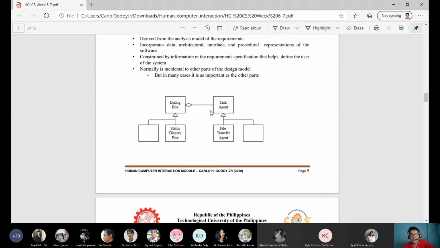So task agent, this is the one being used to perform that certain task for that dialog box. So all related agent that needs to be used to support the function of the dialog box. So the file transfer agent, if ever that the dialog box needs to have a file transfer, it will have a file transfer agent and then it will be moved to the task agent to be put in the dialog box. So this is just my example of it. But it's not a generic design model. This is just one example of a design model or an algorithm which will be needed